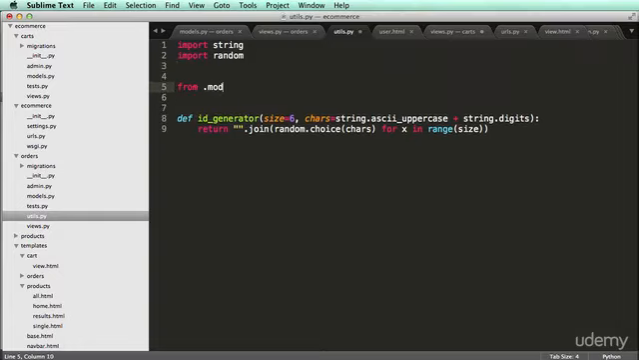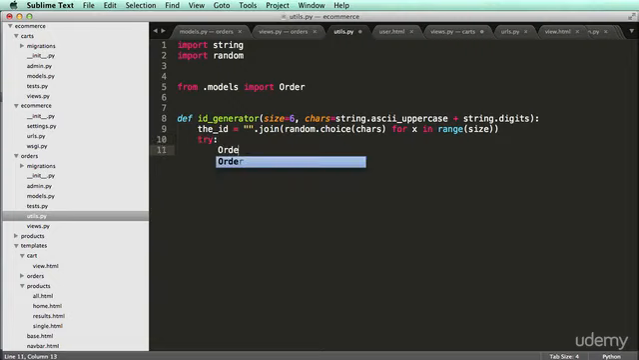So from .models import order. So I'm going to get a string. I'll just say the ID equals 2. And then what I'll do is try order.objects.get order ID equals to the ID. So if it exists,